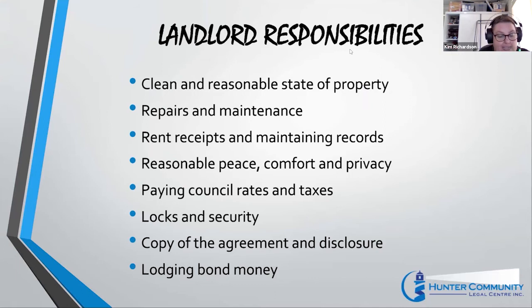That there are no rent increases more than once every 12 months during a continuing lease, to be given 60 days written notice of a rent increase, to have quiet enjoyment and use of the premises, so the landlord or the agent must not interfere with your possession of the premises, to have reasonable peace, comfort, and privacy, to have reasonable locks and security, and to have reasonable repairs and maintenance done, to be given permission to make changes of a minor nature, so putting up new curtains or child safety measures, to be repaid for any urgent repairs that you have had to pay up to an amount of $1,000.